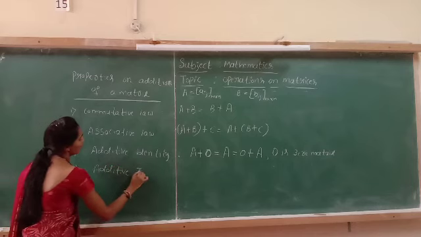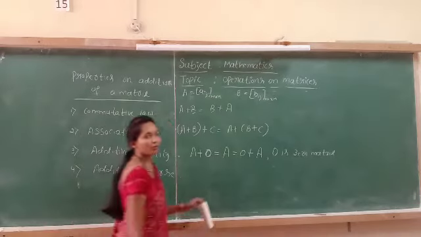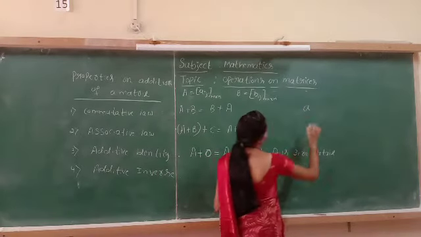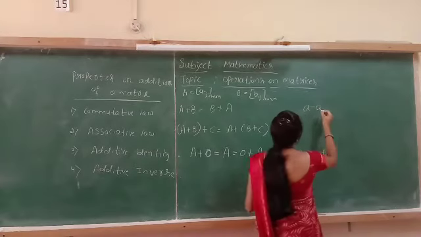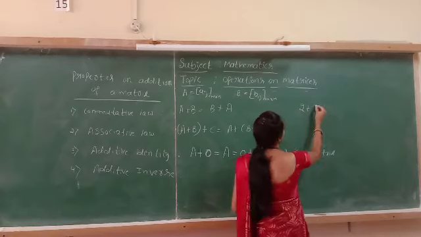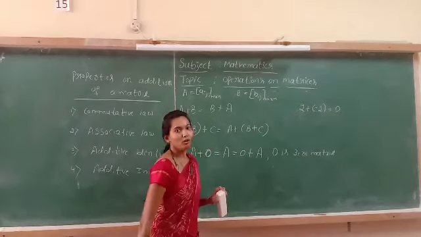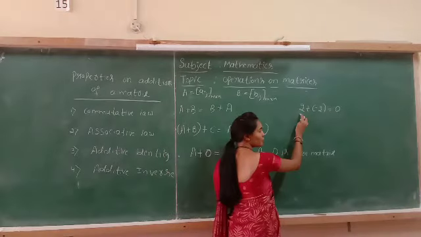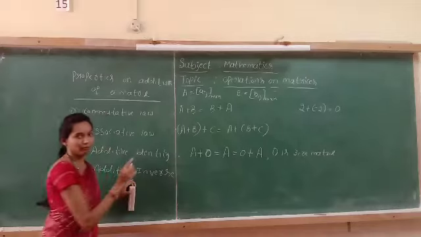additive inverse. Generally, for example, let A be a number. We can choose any number, an arbitrary number. If we add the negative of that number, suppose 2 is given, if we add the negative of that number, we get the resultant as 0. Therefore, for plus 2, minus 2 is the additive inverse of that element.